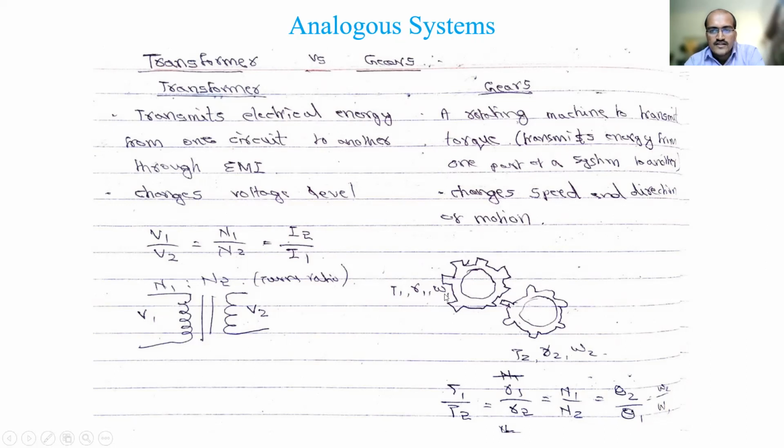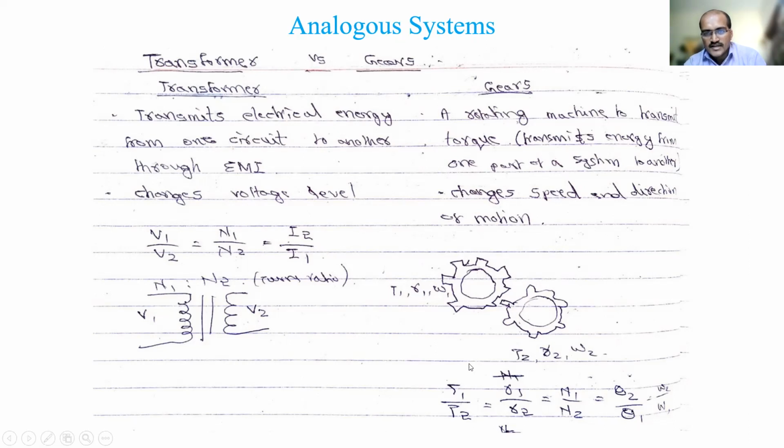Then it is W1, nothing but angular velocity. In a translational system velocity we call V; here in a rotational system, angular velocity we call W. So that is T1, R1, W1. And with respect to the second one, it will be torque T2. Its speed is different, and it is R2, the radius will be different, and its angular velocity will be different.